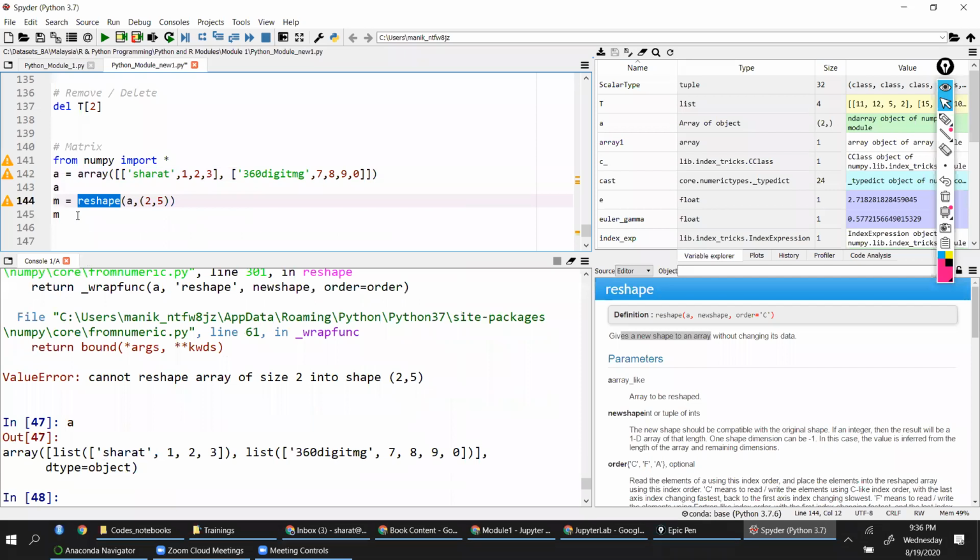I cannot give a shape to it. So this reshape function is used to shape your content. If you have the same size, only then you can do it. So it becomes a matrix in that case. Here it cannot be a matrix. That's the difference.